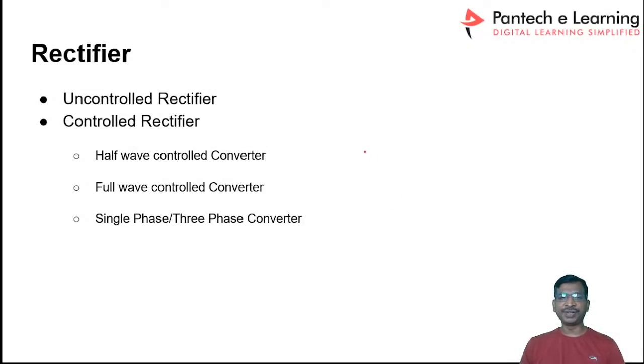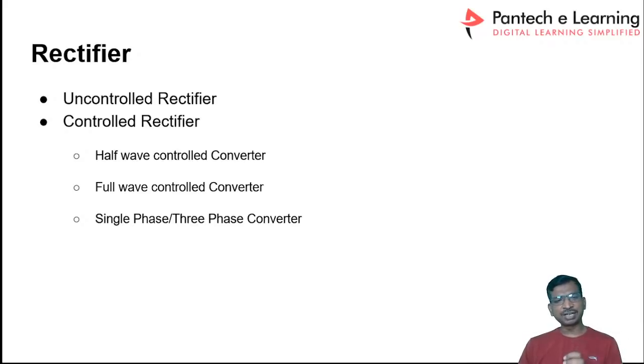And what is the rectifier? Generally, rectifiers are classified as controlled rectifiers and uncontrolled rectifiers, right? What do we mean by controlled and uncontrolled? The controlled rectifier gives the output voltage in a controlled manner, whereas the uncontrolled rectifier uses a basic diode. Whatever input you apply, the entire input will be converted to DC and it will give you the output voltage.